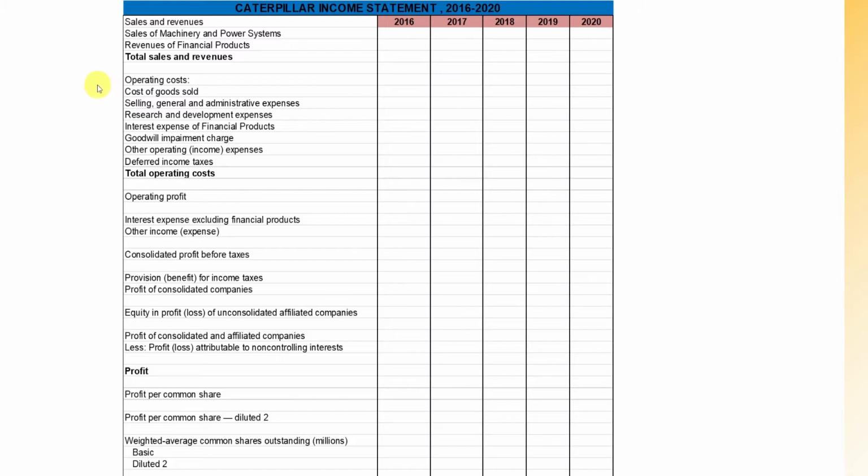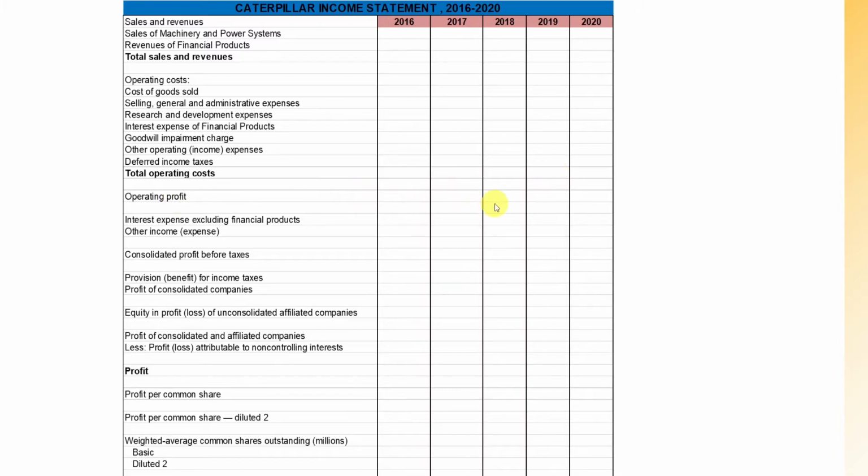After that, certain operating costs such as cost of goods sold, selling and general administration expenses, research and development expenses, interest expenses on financial products, goodwill which is an intangible asset, and other operating income or expenses along with deferred income taxes will be written. After that, we shall get our total operating cost in here. Once we get our operating cost, and from the total sales and revenue, we reduce our operating cost,